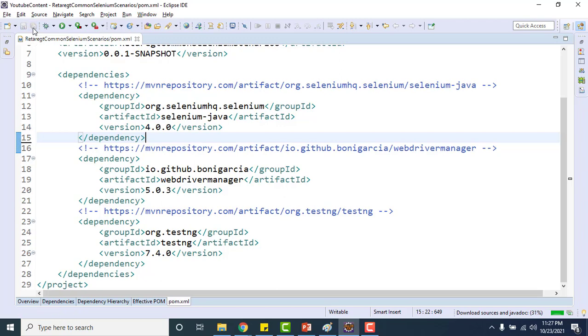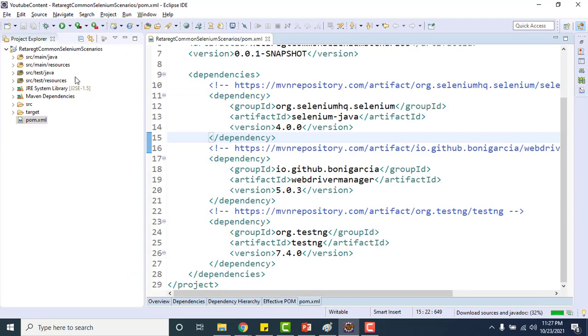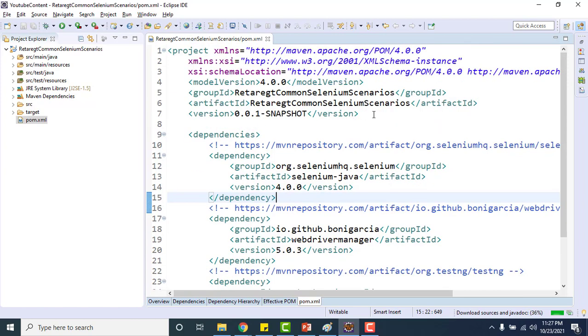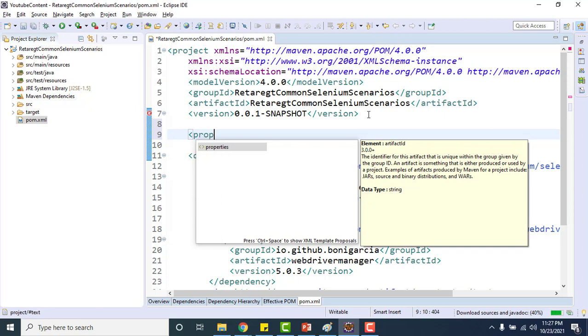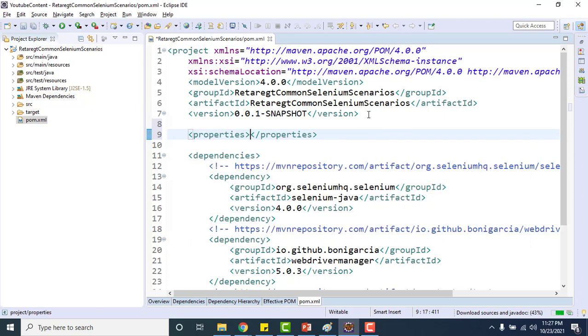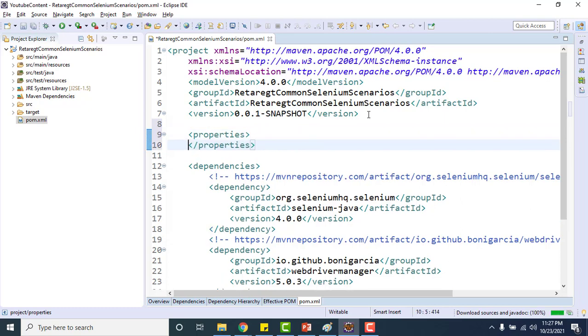And whenever you create a Maven project, by default it takes Java 1.5, right? So what I'll do, I'll directly add one property in my pom.xml, which will help me automatically load the expected Java version as well. Suppose when I am sharing this project with you, there is no need to configure anything in Eclipse. The project will directly use Java 1.8 or whatever version you want to specify.